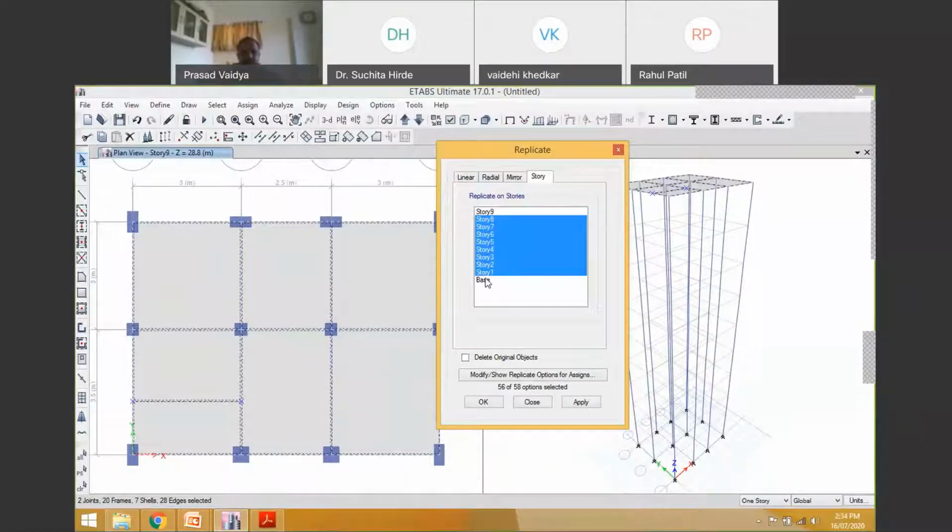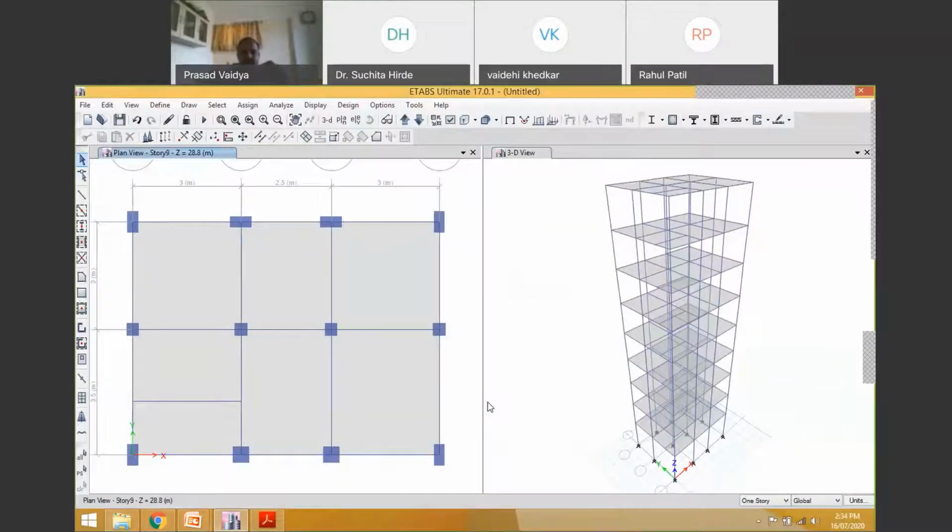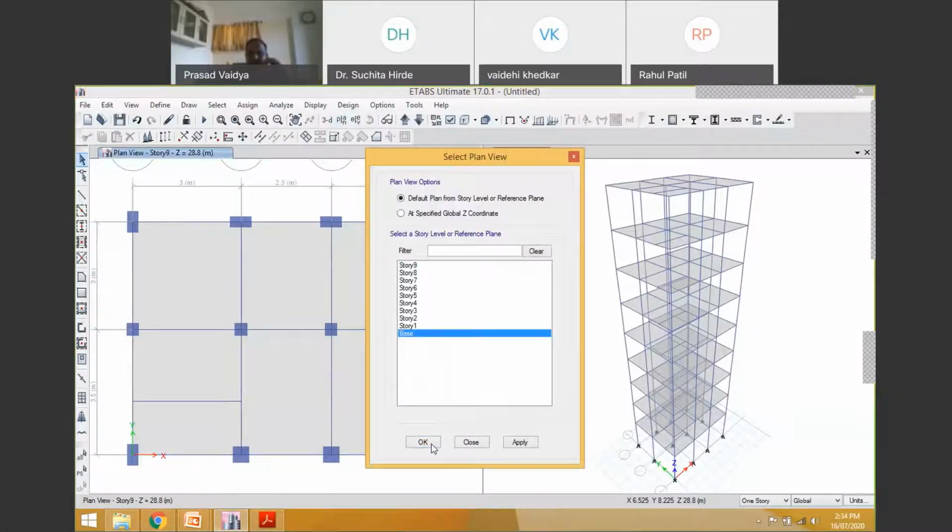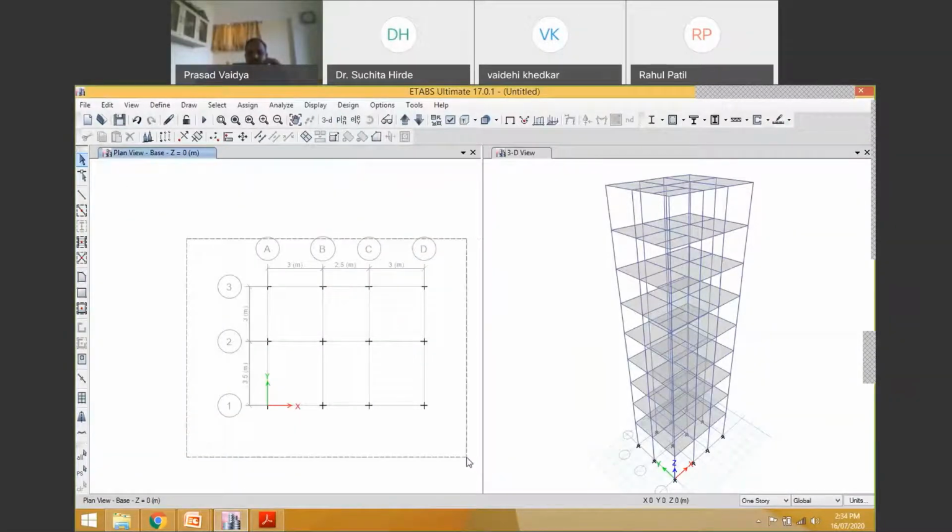For that, edit, replicate. It is story wise. So I will replicate this to all stories except base. So select all stories and say OK. Now this slab is replicated to all stories. One more thing is remaining, that is support specification.